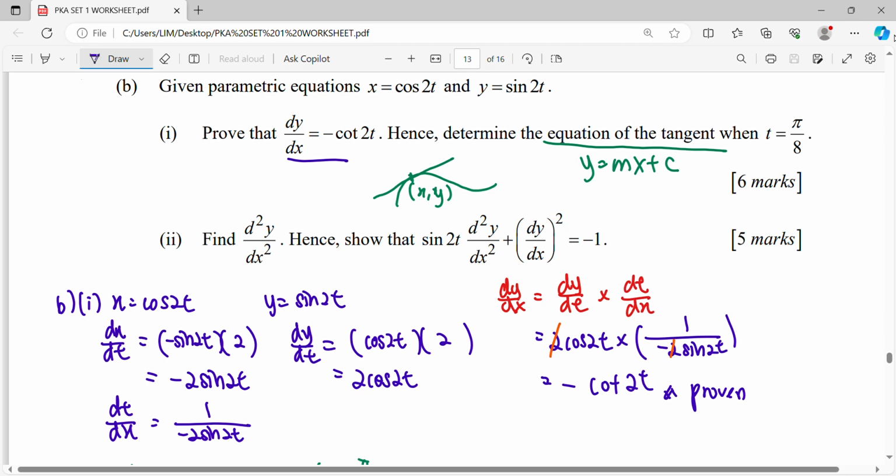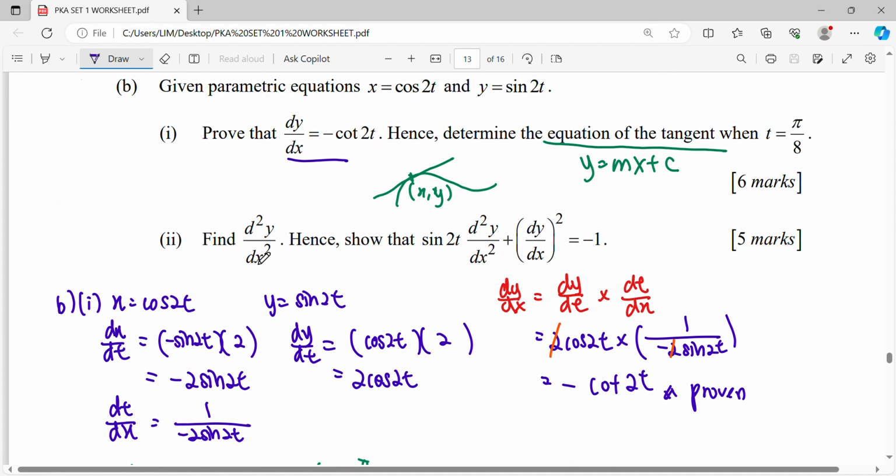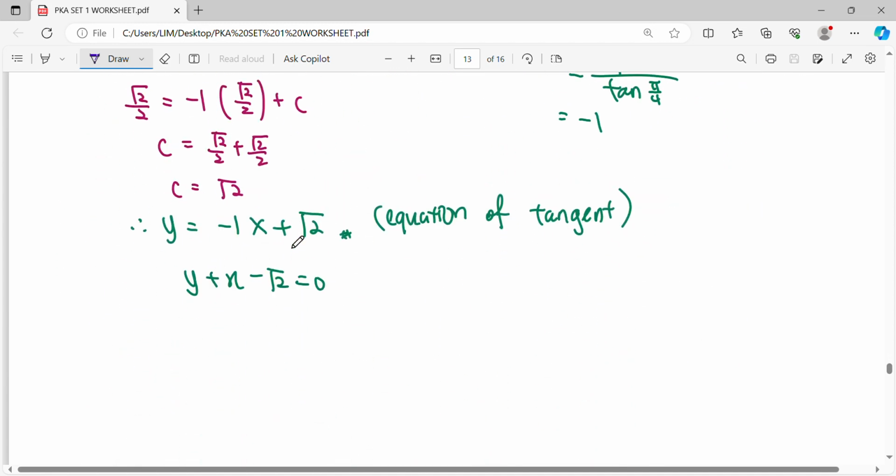Continue for your part 2. Previously, we did our part 1, dy/dx. Now you want to find the second derivative for parametric. Then you show this equation. So for the second derivative